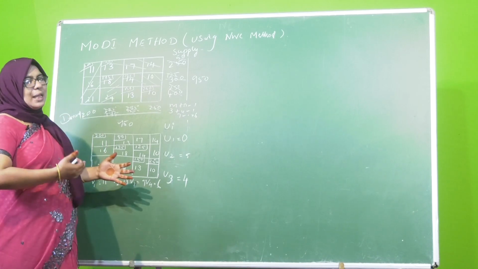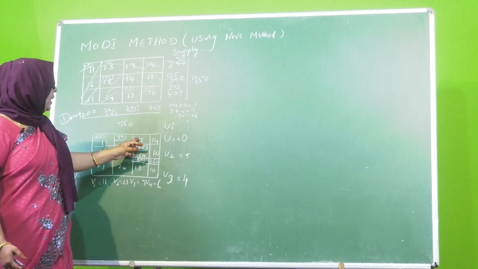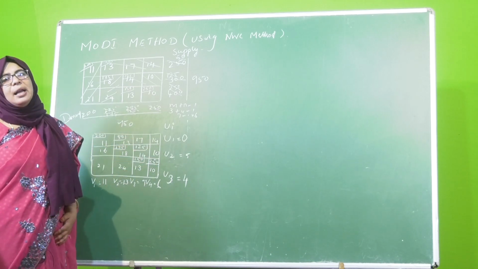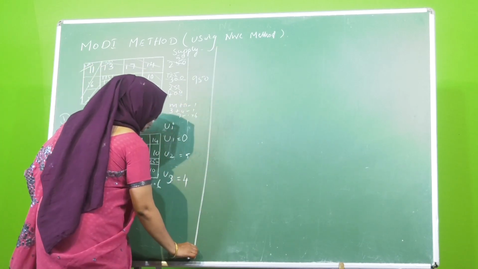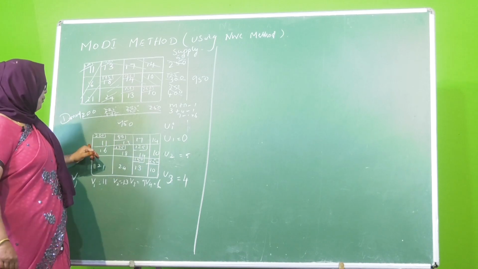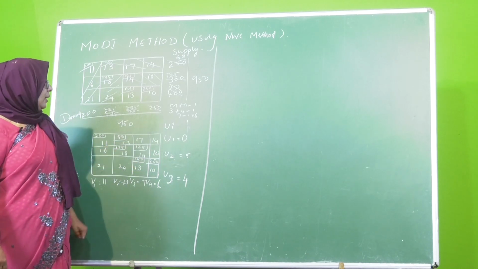Using these values, we have to find the dummy allocation of the remaining cells. What is the method, what is the calculation? First, which place is it? First row and third column.